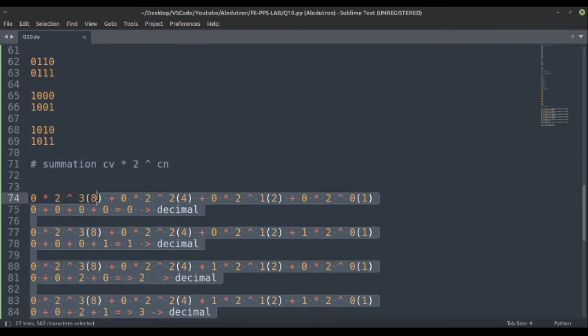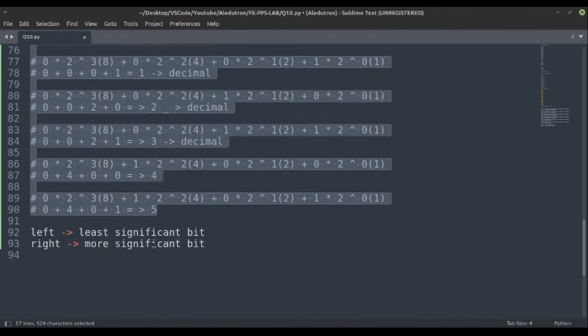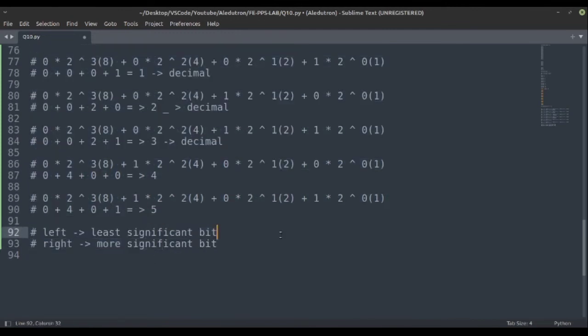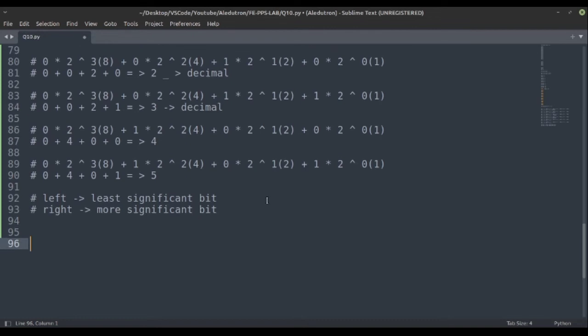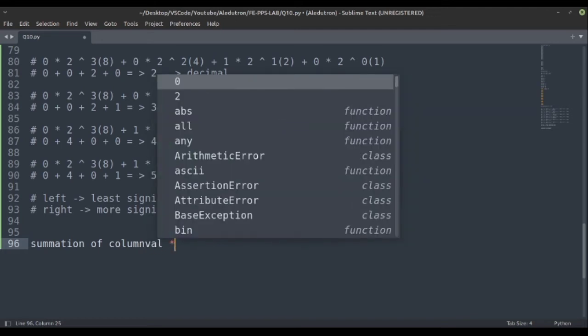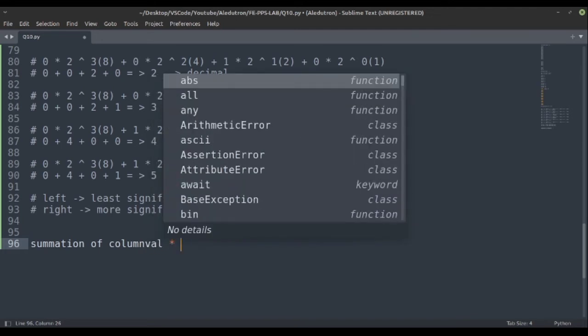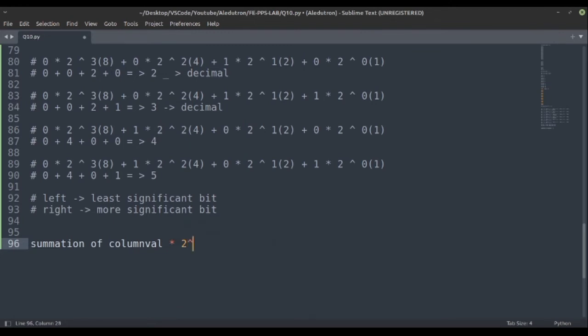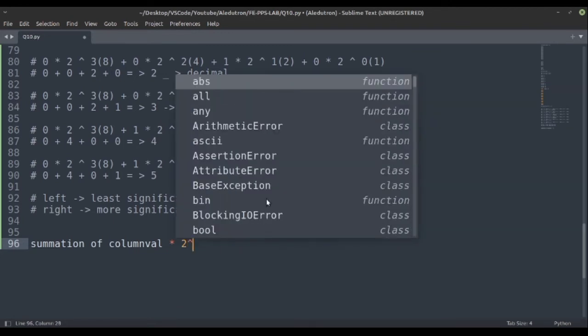So what we can deduce from this is a general formula we can create: the summation of column value into 2, which is the base, raised to column number.